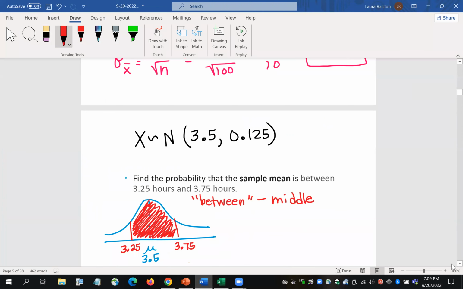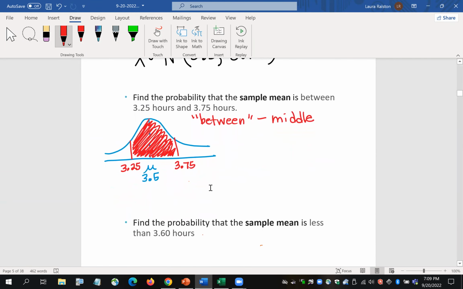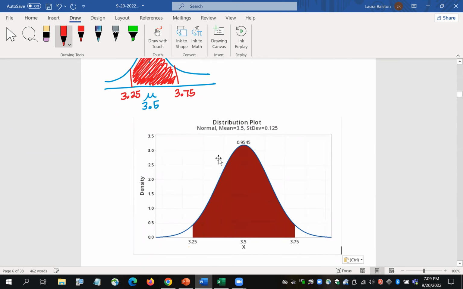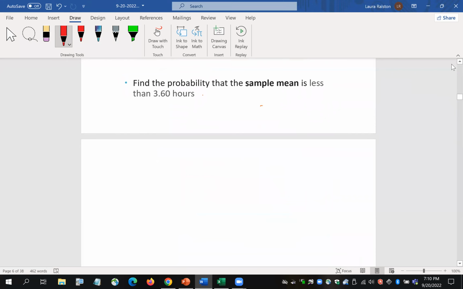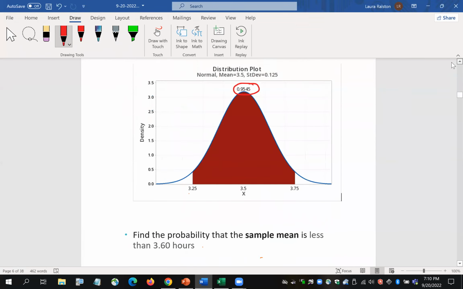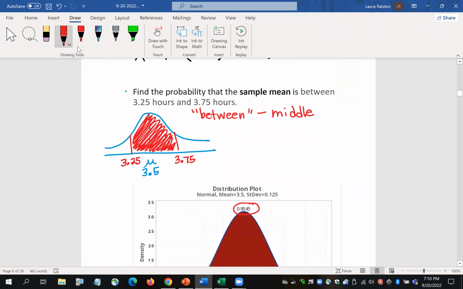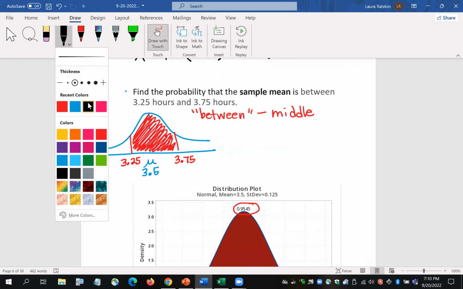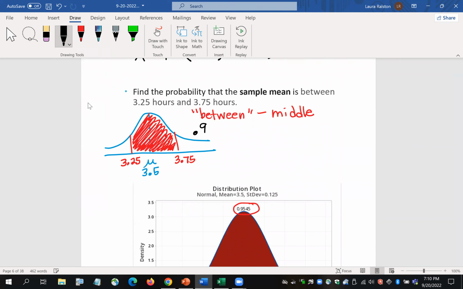And again, I'm going to move it over here where you guys can see it. Okay, so you have your normal distribution. It even tells you it's normal, mean of 3.5, standard deviation of 0.125. And again, you're looking for this number that's kind of hanging out in space. So 0.9545. Okay, so my answer here is 0.9545,